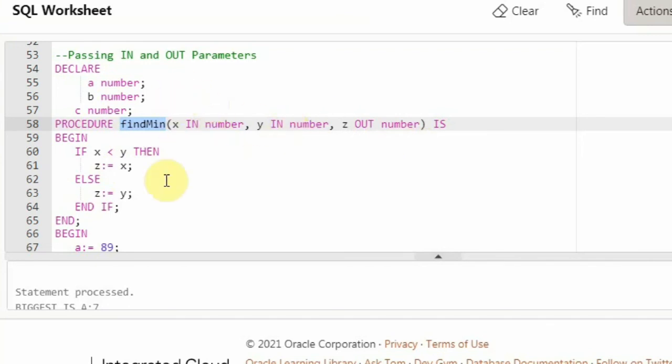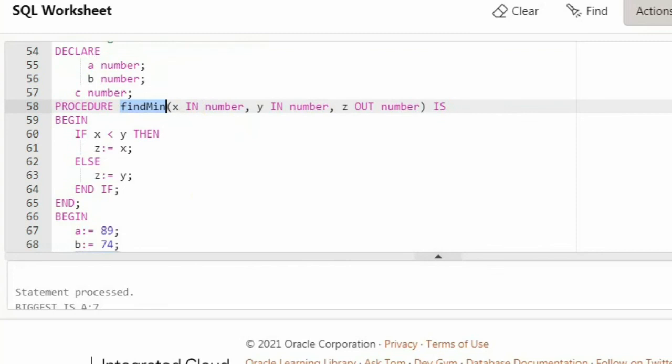So I am saying z is out number. Sometimes we can say x is coming in the function, and you are doing some computations on x itself, and you are giving x as an output also. So here x will act like an in number as well as out number. In that case you will say x is in out number. Okay, fine. So that's how you say.